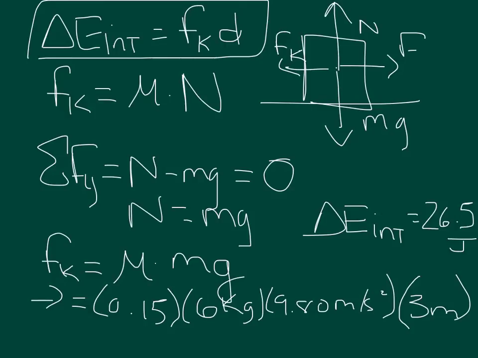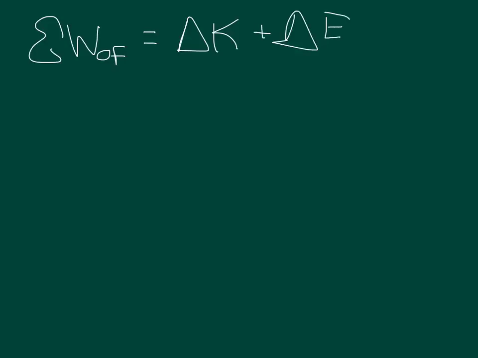Okay, so let's go back and review what we have. Ultimately, we said the sum of the work done by all of the other forces is equal to the change in kinetic energy plus the change in internal energy. And remember that change in internal energy is done by friction. We already calculated the sum of the work done by all of the other forces because we said that the only force that's working on it based on its displacement is the applied force. We found that to be 36 joules. That equals my change in kinetic energy plus that change in internal energy, which is ultimately what the frictional force is doing, and we found that to be